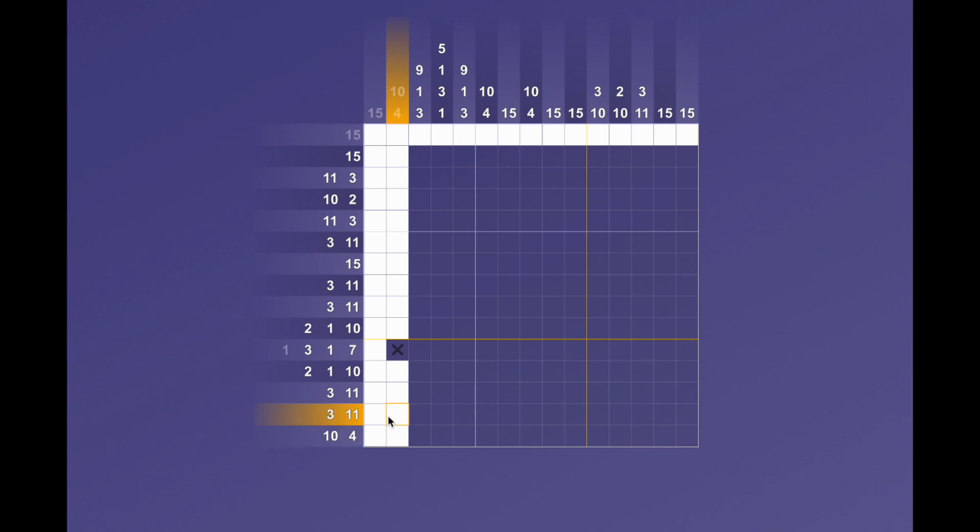Okay, the next column has a 9 plus a 1, which is 10, plus a 3, which is 13, plus this X is 14 and this X is 15. 1, 2, 3, 4, 5, 6, 7, 8, 9, X. 1,